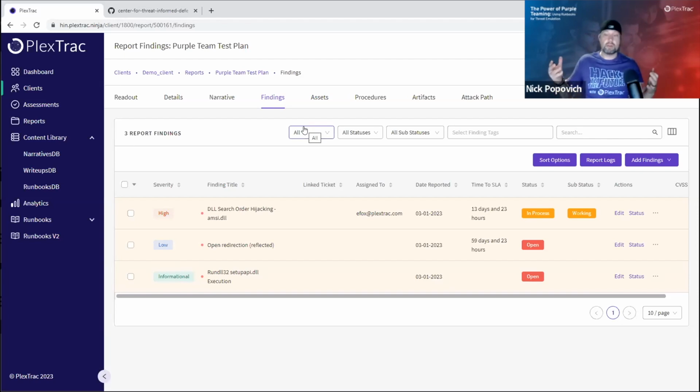You have the full experience of PlexTrac, the ability to add a narrative wrapper around and give context to this exercise. You can generate reporting if you want. You can utilize the platform as the consumption model, where folks are able to log in and see the outcome of this Purple Team exercise in the readout view,